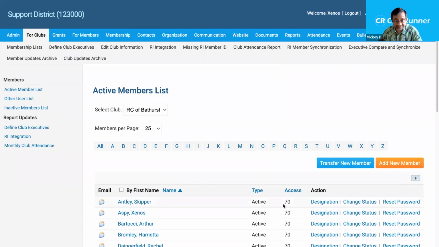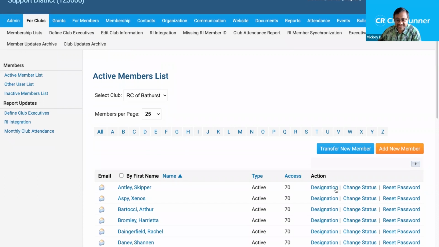So if you're level 70, or if you know what these access levels mean, if you know that level 30 is the highest club access, you're a website admin on a club site, then it actually has no bearing on the district site. If you're a website admin on a club site, that doesn't automatically mean you have admin rights on a district site. So that's the access level. And then there's an action section where you can change designations, you can change the status, reset password. Very briefly,